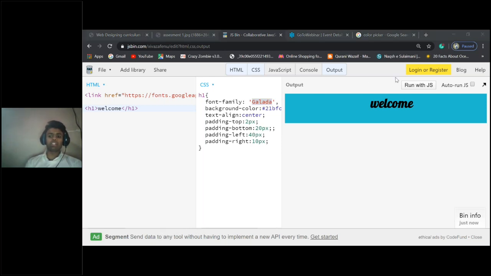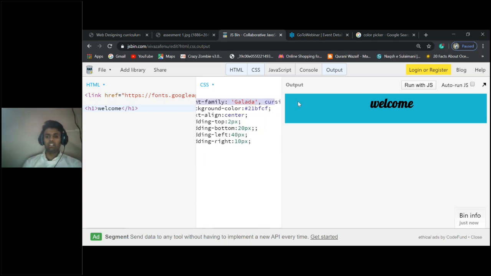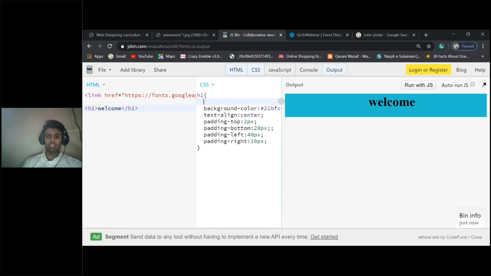If this is a font family we have imported from Google. If you have any doubts, I should show how to import this one from Google. Let me show you again. Font family, let me show you again. Just have a look at this carefully. First of all,